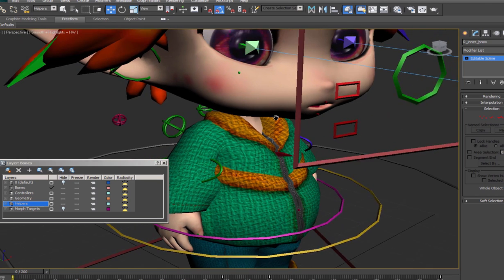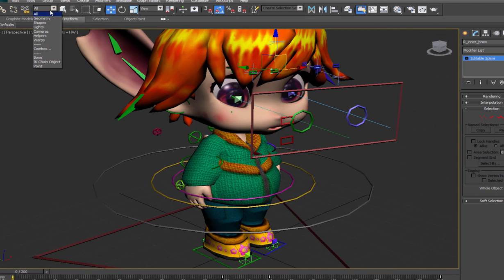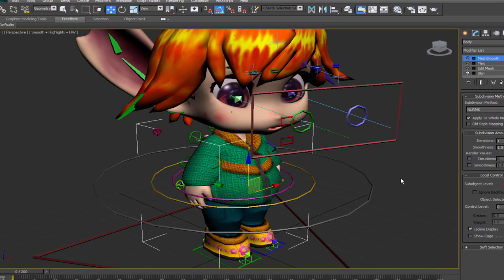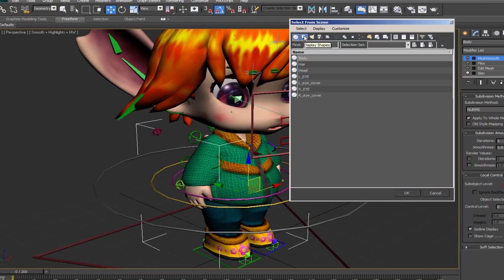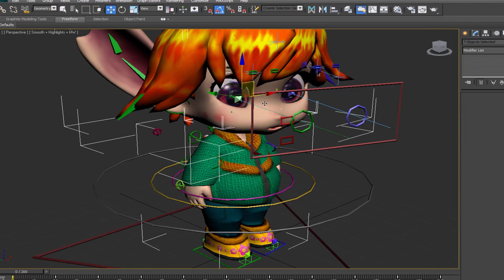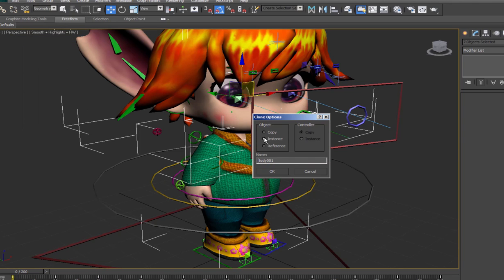So the first thing we're going to need to do is consolidate our meshes. Let's go to geometry select and grab the body, and actually let's go into here, turn on geometry and turn off shape, so that we're only going to be grabbing geometry parts. So then let's select all these, click OK. Next step is we'll go to edit and click on clone, not instance. We'll want copy, and we want that 001 on there. Just let it do a 001 on everything by default.